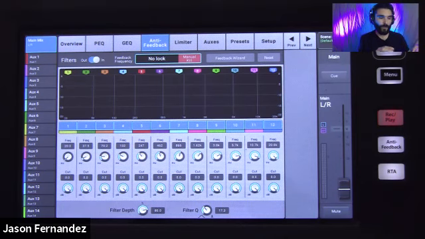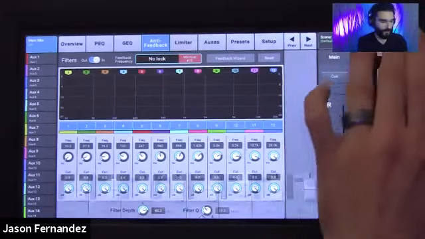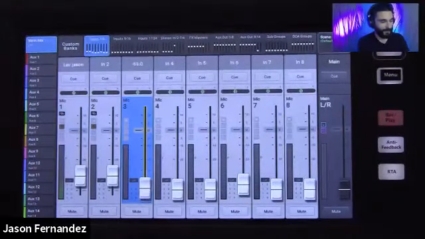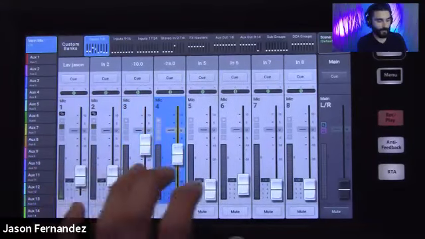But ideally, you'd kind of want to get at least some preliminary starting processing going on your channels, because if you just open up a whole bunch of open, unEQ'd microphones, the PA is just going to take off almost immediately. So you're probably going to put a little bit of EQ on each of your microphones, maybe some compression if you already have assignments for each of your microphones, and then you pull up your fader levels to about where you think you're going to have them during the show. And that might not be perfect yet, but you get them up to a nominal level where you think they're going to sit roughly, and then you're going to take your main output here. So what that would be here. I've got processing going on. I do have a microphone connected here, so I'm going to be careful for a second.